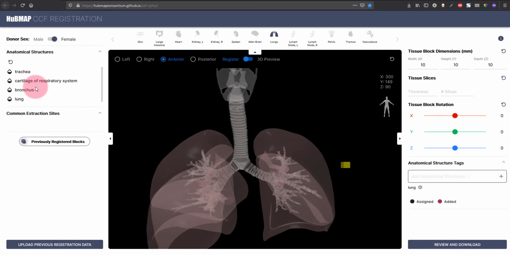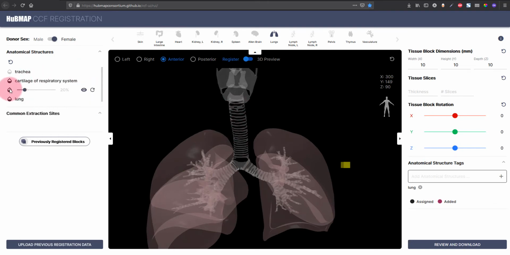And then we have here a list of anatomical structures. This allows me to set the opacity for structures that you can see here in the 3D scene. So for example, if I wanted to see more of the trachea, I can increase the opacity of the trachea here. We can see the trachea here. And as I move this opacity slider around, I can change the opacity of this anatomical structure. I can also turn it off completely by clicking this eye icon here, and then it just disappears.